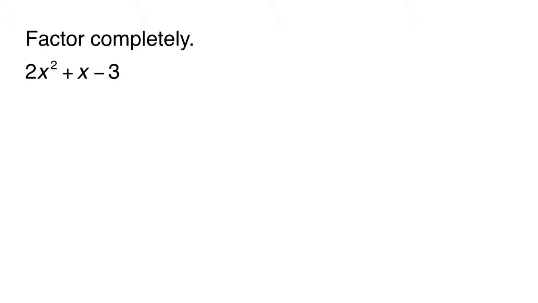Factor completely. 2x squared plus x minus 3. Here we have a trinomial which we want to factor as the product of two binomials. The first terms of each of our binomials will multiply to equal 2x squared. Since the coefficient 2 factors as 1 times 2 or 2 times 1, we know that our first terms will